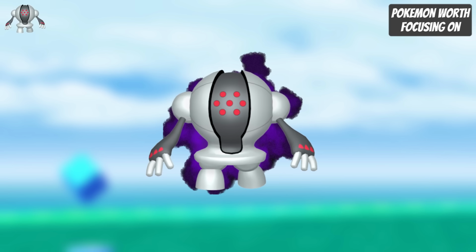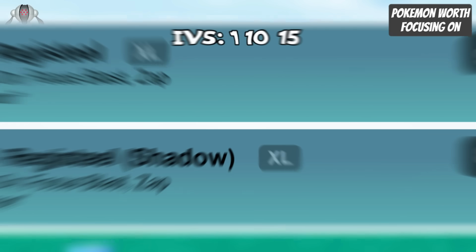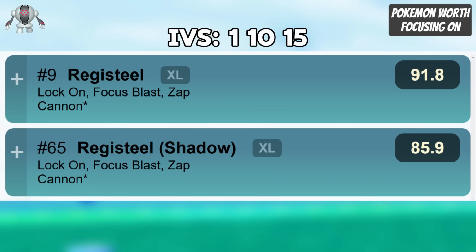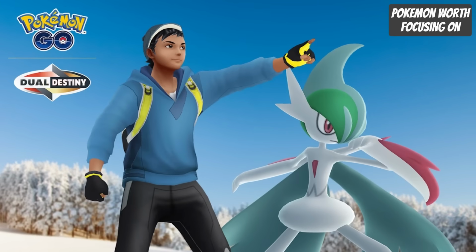And also, if you can, Shadow Registeel will be worth raiding because in its regular or purified form, it is ranked 57 in the Great League with 2, 13, 14 IVs, and it's ranked 9 in the Ultra League with 1, 10, 15 IVs. Mega Gallade will also be available first in a raid day on the 11th, but also